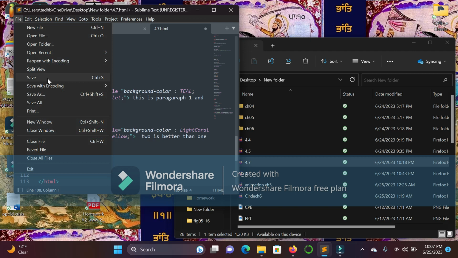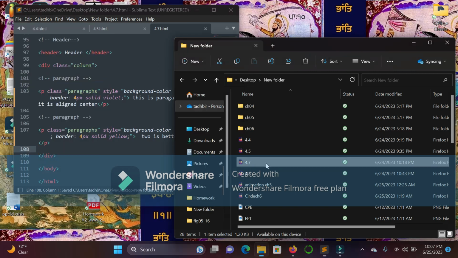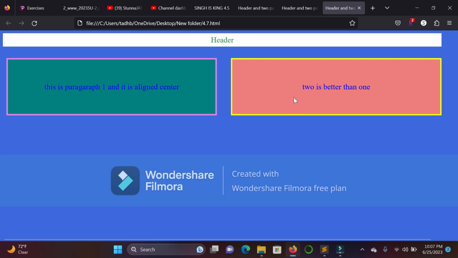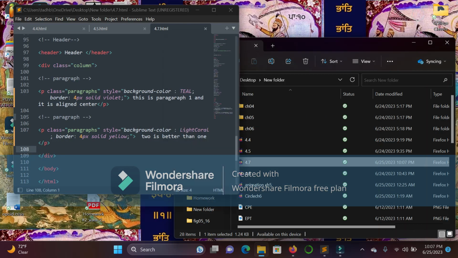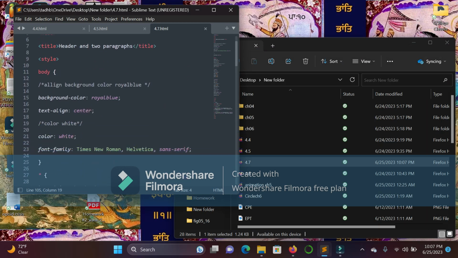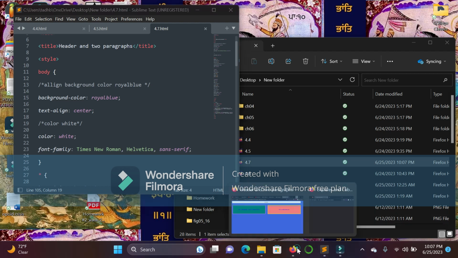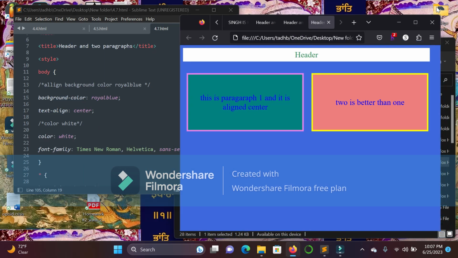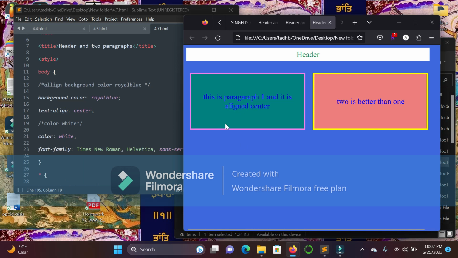Let me save this. And we can read. Two is better than one, so I could change as well. And it's aligned center, and this is aligned center too because I specified here that I want aligned center and royal blue, the background. You can see background, center aligned